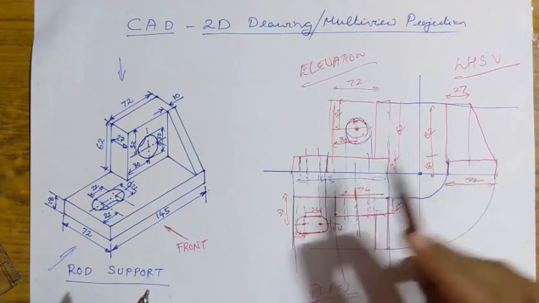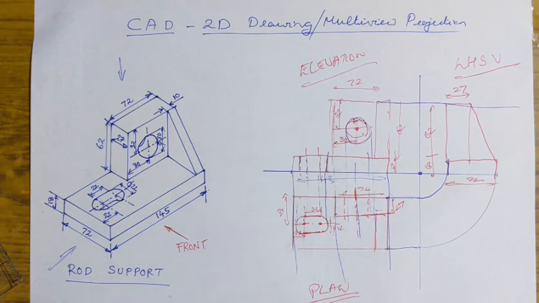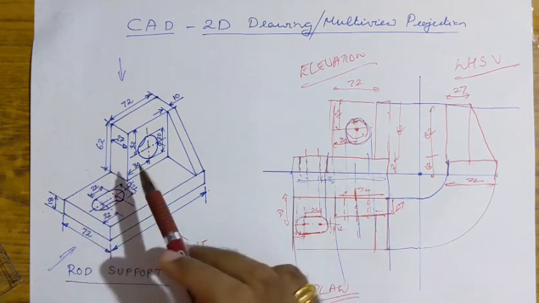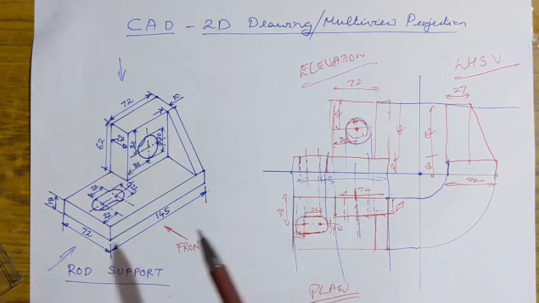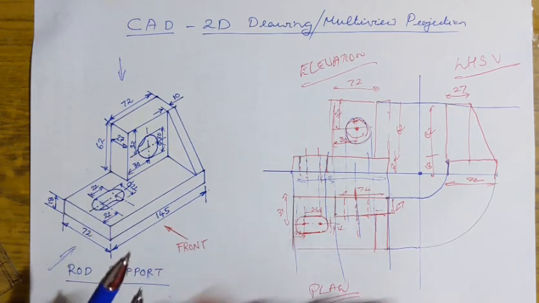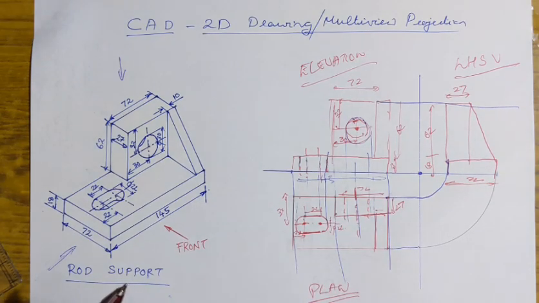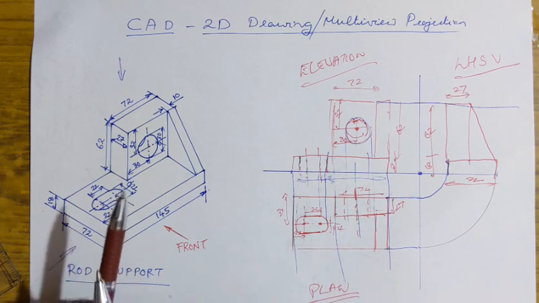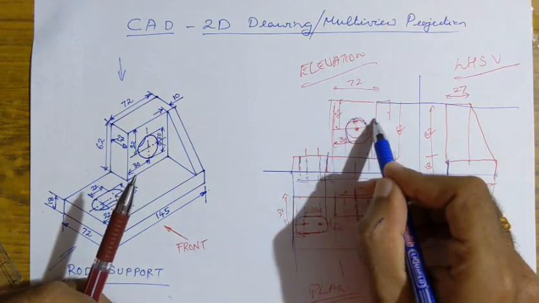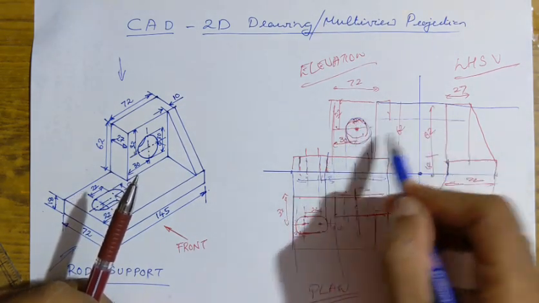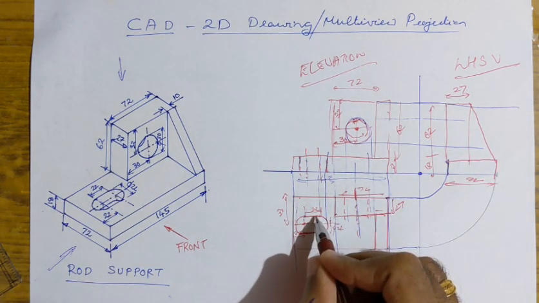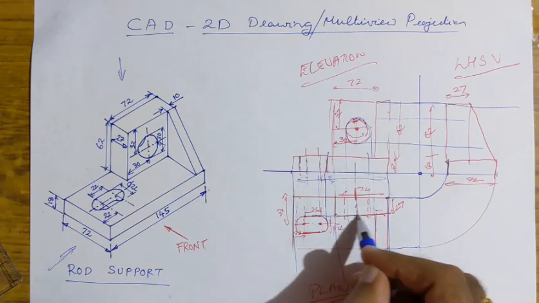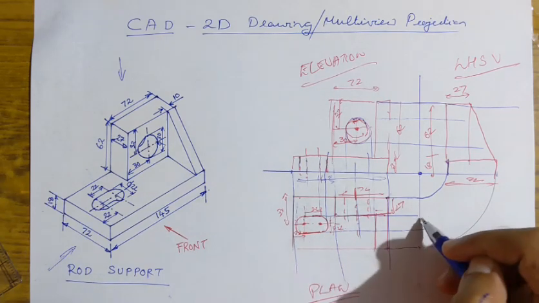Next is the side view. If you look at this figure, in the side view the slot as well as the hole cannot be seen. As both can't be seen, both are denoted as dotted lines, as they are invisible. So what you are going to do next is draw the projectors of the circle to the right, and of the slot, you project it to the right and